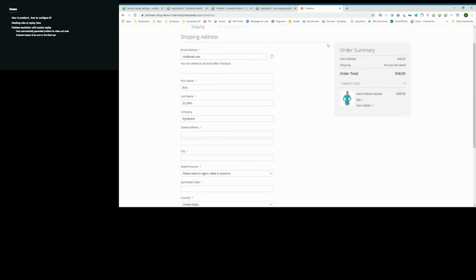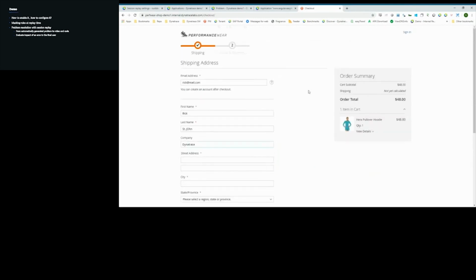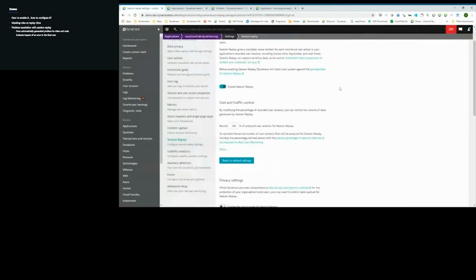So with Dynatrace, and this is more a factor of real user monitoring in general, the concept of a session is a little bit more complicated than that, but basically it lasts up until the point that the user actually closes the tab, leaves that application, shuts down the browser, and so forth. That's the session itself. And Dynatrace is recording that entire session. Now, because of the way that I actually closed that, it's still going to show as a live session. What I'm actually going to do, now that I've recorded that, is